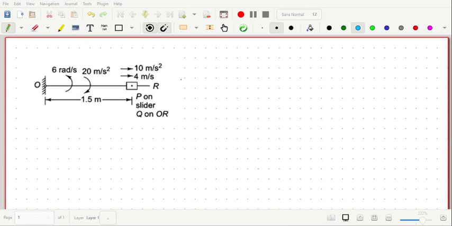So today we are going to discuss a numerical which is based on the acceleration analysis. Here we have a link OR on which a slider is moving with some velocity. So in this case we have several input data. What are those? So the input data are,